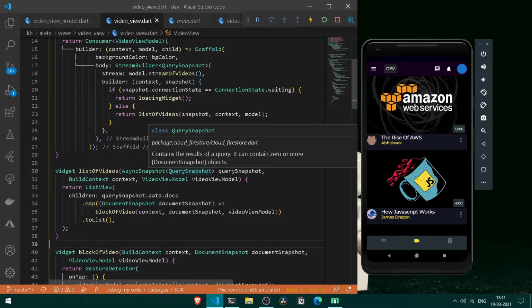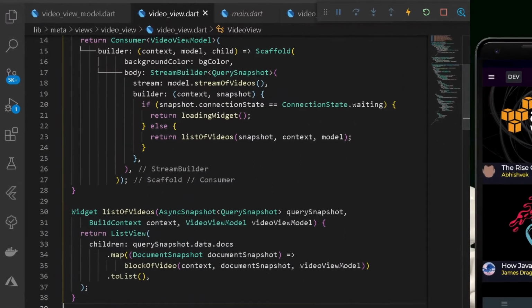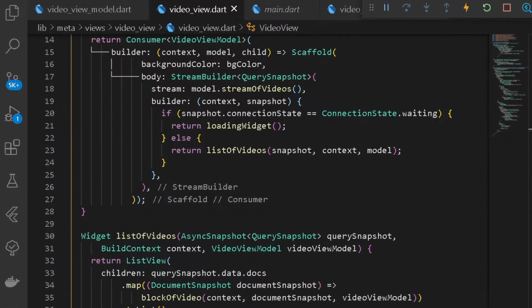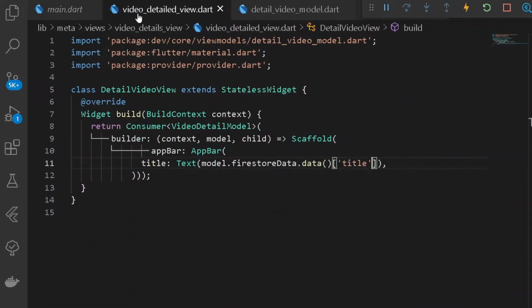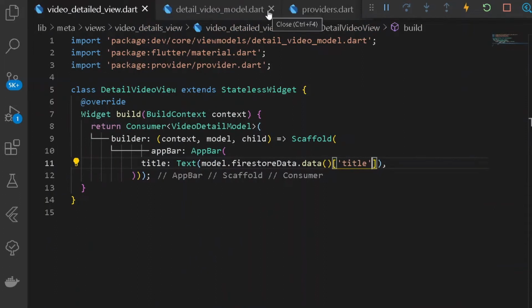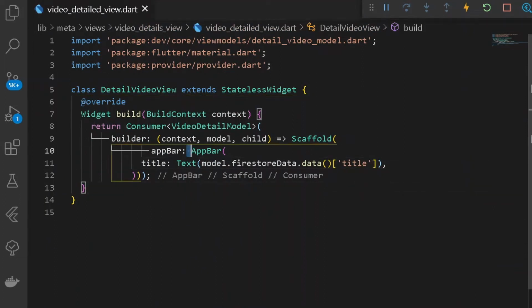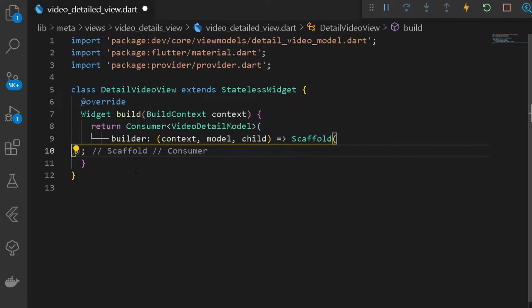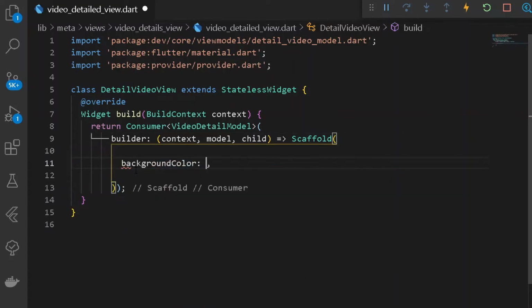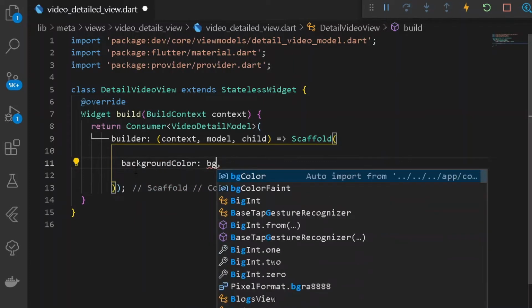Once we have done the configuration of our proxy provider, now let's start designing the UI of our entire detailed video view. For that purpose, we shall be moving under this video of how JavaScript works. Here if I move into it, we have nothing but a default app bar. Close the entire files that we won't need. Delete, not delete but simply close them up. Cool, so here we are simply getting our entire app bar, but we don't need any sort of app bar. So format document once. Under our scaffold, first of all let's have a background color of faint.